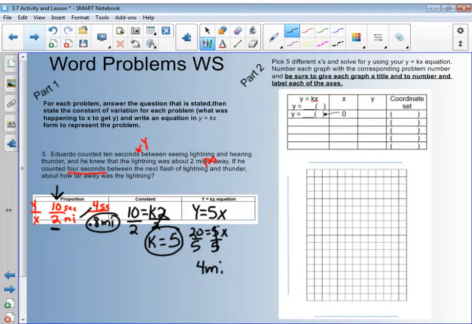So now what we're going to do is we're going to go ahead and pick some different x's and y's. So we just found out that our k, this is the equation right here that we're going to use up here. So if you want to use this as one of your graphs on the back side of your worksheet, you can. So we've got y equals 5 times our x, and we're going to substitute in for our x. So 5